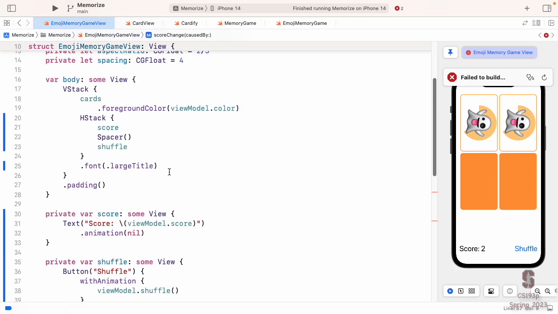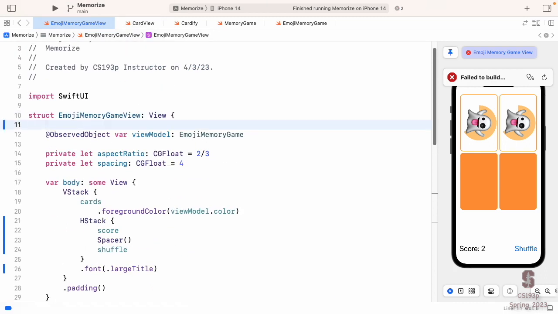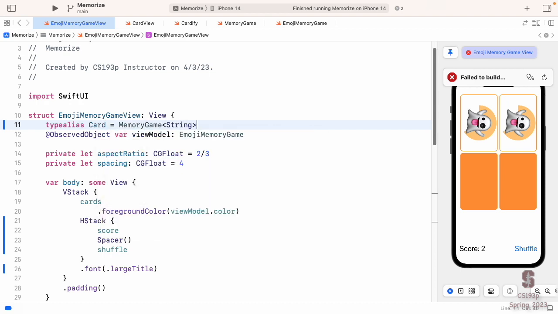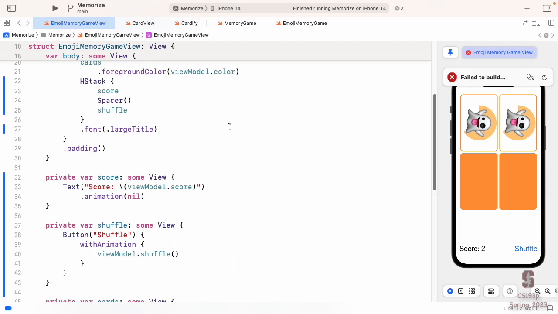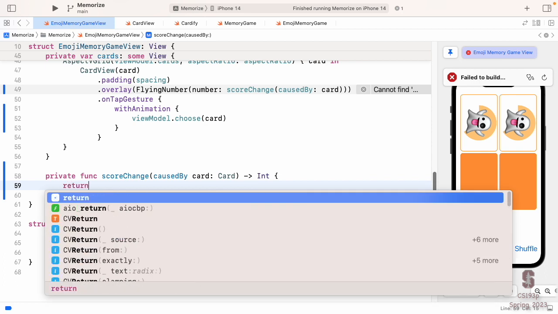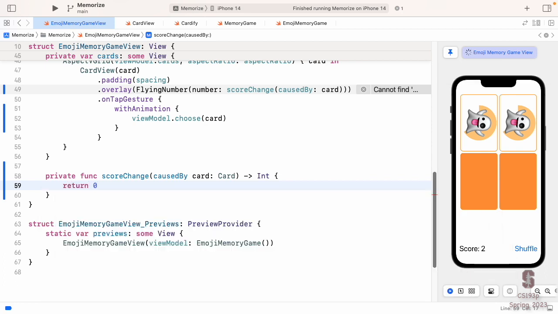I am going to immediately go up here and save myself some typing by putting a typealias in there. Card equals MemoryGame<String>.Card. Now let's go down here and I can have this just be Card. Now let's return 0 for now, I guess, but we're somehow going to have to calculate what the score change is that went to that card.